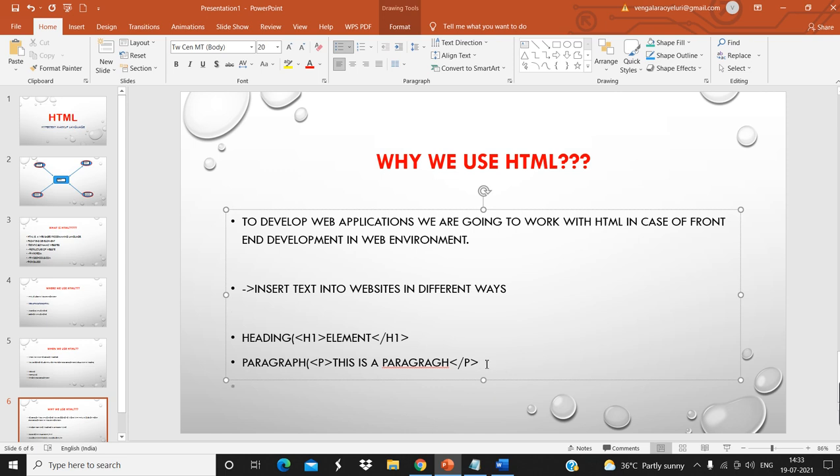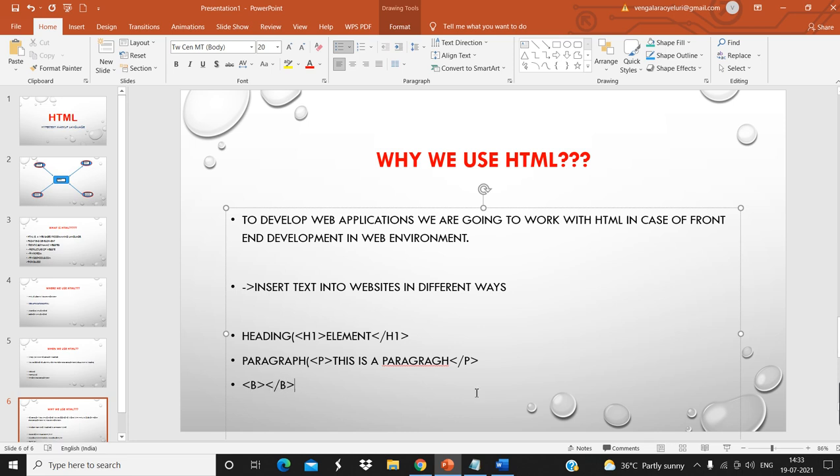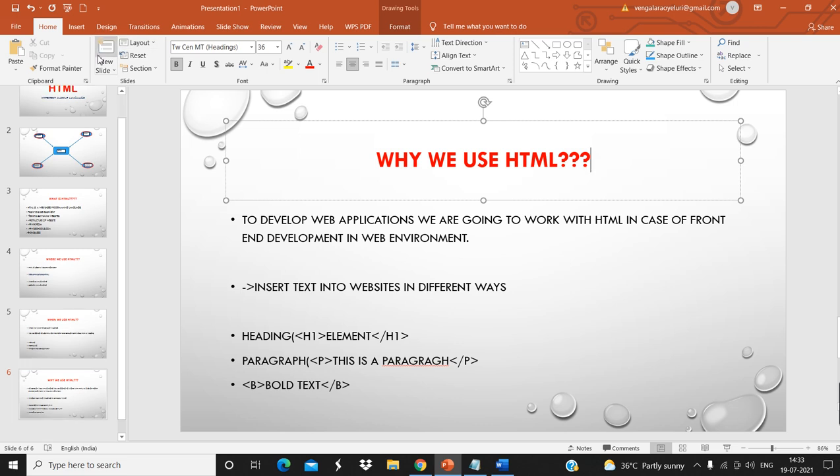If you want bold text, we are going to work with the B tag, the opening B tag and closing B tag. Whatever text you keep inside the B tag, inside the element, will be displayed as bold text in the website. So that is why we use HTML to insert the text in the website. Okay, this is the overall view of HTML, and let me explain